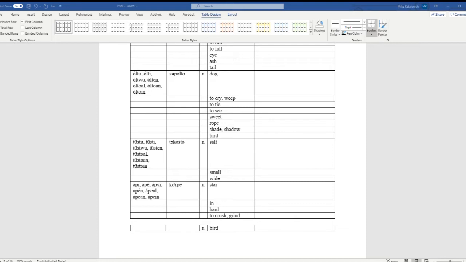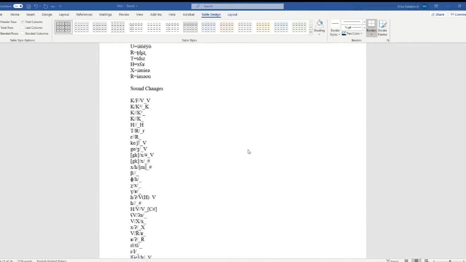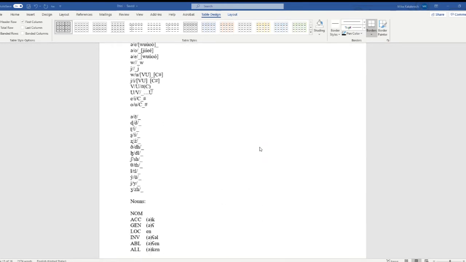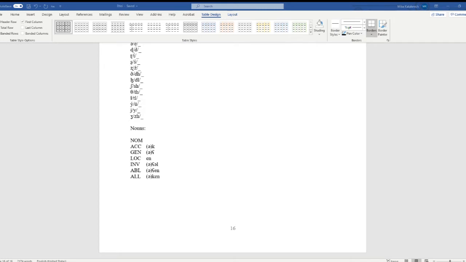How about te becomes jithi? I think te. Deathy? How do I feel about deathy? Alright, well, what does that look like if I put all of my cases on it? I've made a little list of... Oh, it's under the sound changes. I really should put it up there. Here's how you make all the cases.